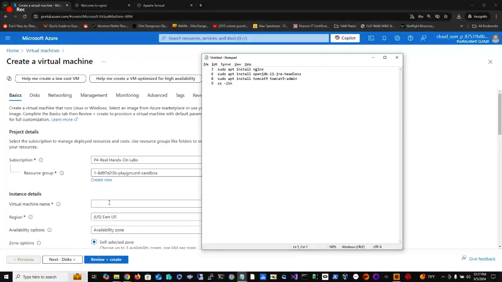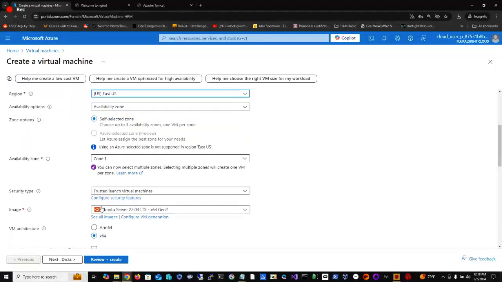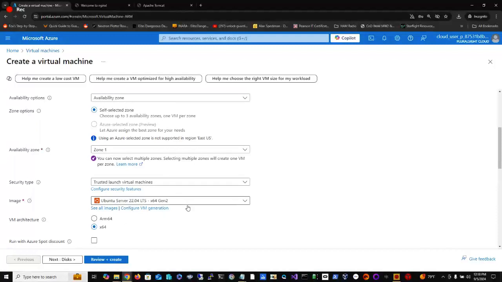I'm going to install two web servers, an Nginx web server on port 80, and then I'm going to install Java and then Tomcat 9 on port 8080. So that's the two I'm going to be doing, and we'll call this Linux VM 1, and I'm going to do Ubuntu 2204 Gen 2,